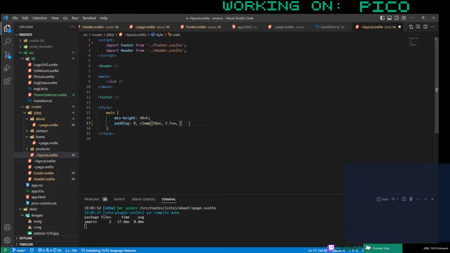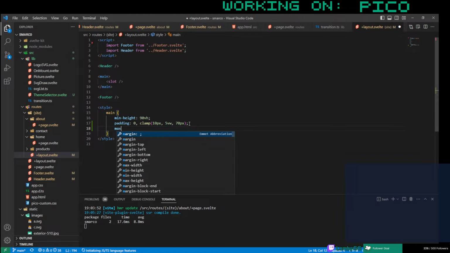Yep. So that'll be 50. Oh, we need bigger than that, right? So 30, that's 40, that's 50 on each side. So when it gets to, like, let's say 70 pixels,